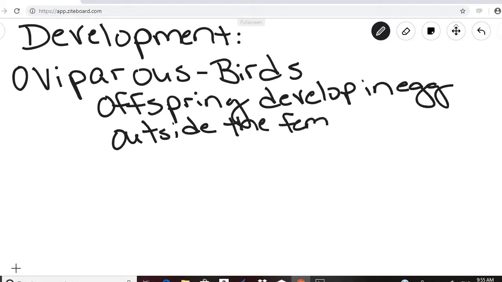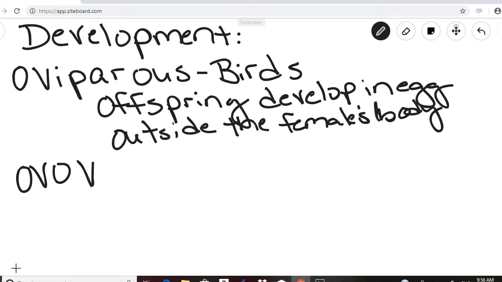If you think about chickens, an egg is fertilized, and then that egg is laid, and after 21 days, the offspring will hatch from that egg outside of the female body. Okay, so that's oviparous. The second type is called